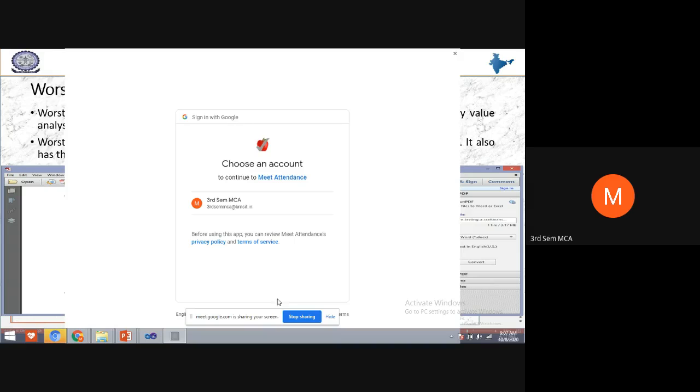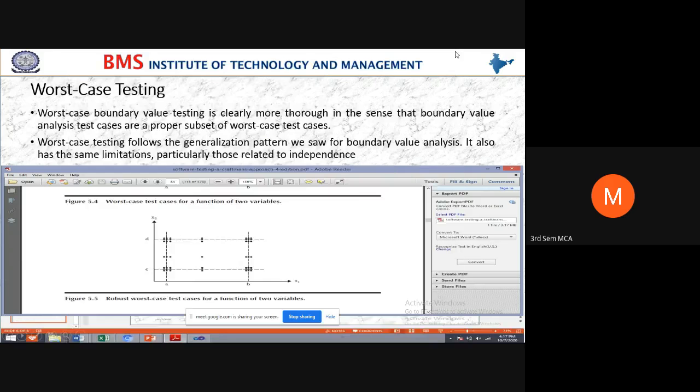If the number of guests who come is 200, then what happens, students? Whatever menu, whatever food we have prepared, it is not sufficient. Is it right, students? Whatever food I have prepared for my party, is it sufficient? No. So in that case, what do we do? We will think about the worst case also.